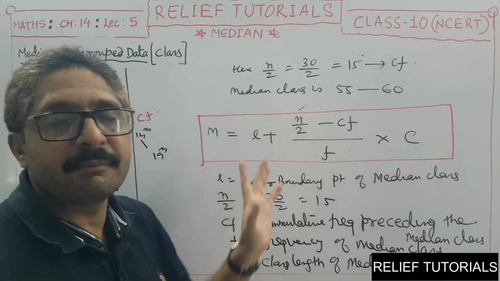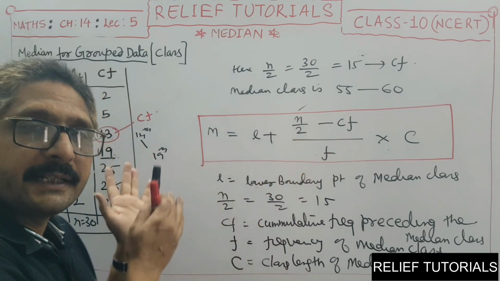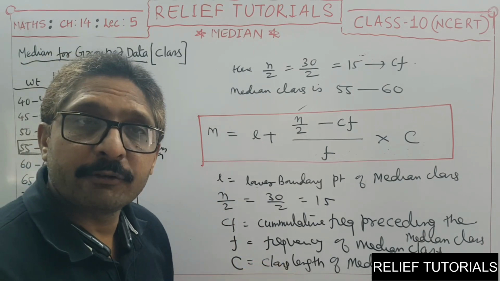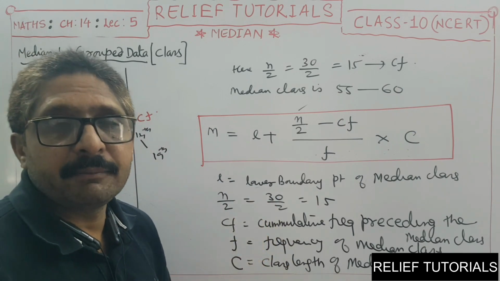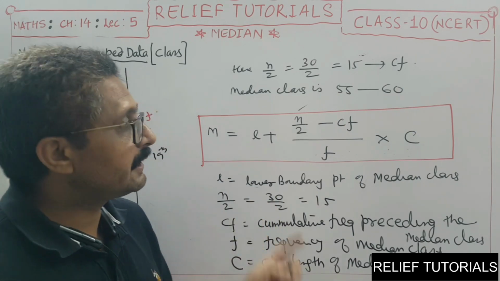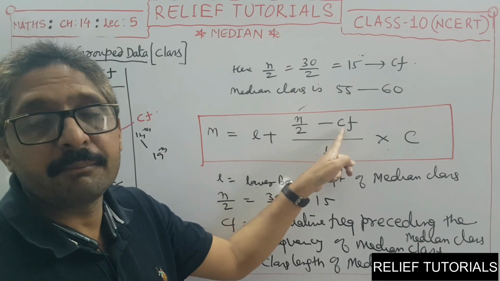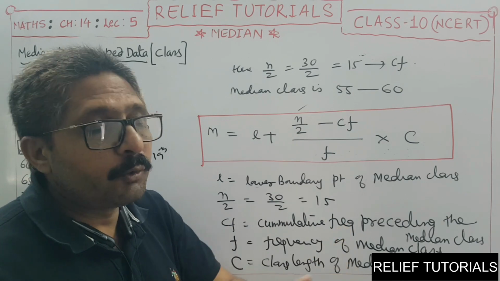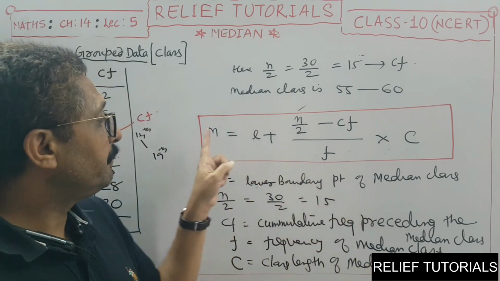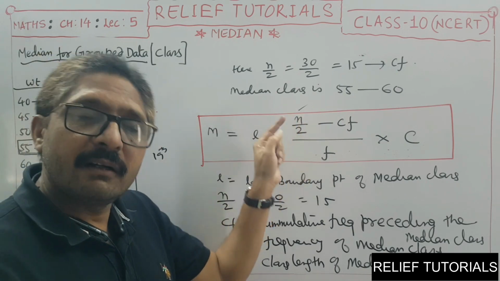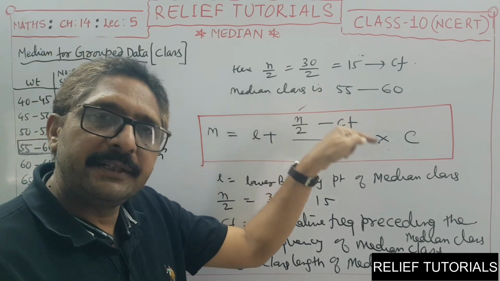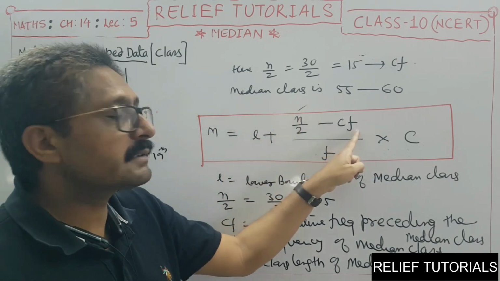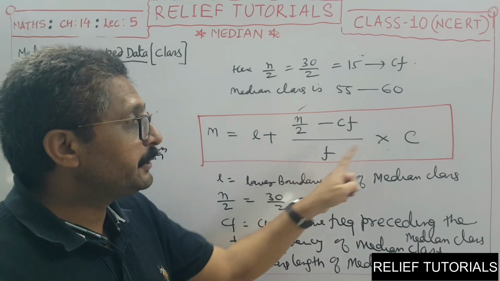Then minus CF. Why? Because cumulative frequency हम median में ही find out करते हैं. mean में हमने नहीं find out की, mode में भी हमने नहीं find out की, सिर्फ median में ही हमें cumulative frequency find out करनी है. इसलिए median के formula में cumulative frequency आएगा. मीडियन में आएगा. n by 2 मीडियन में आएगा. CF मीडियन में आएगा. सो मीडियन इक्वल टू L प्लस n by 2 माइनस CF अपॉन F into C.